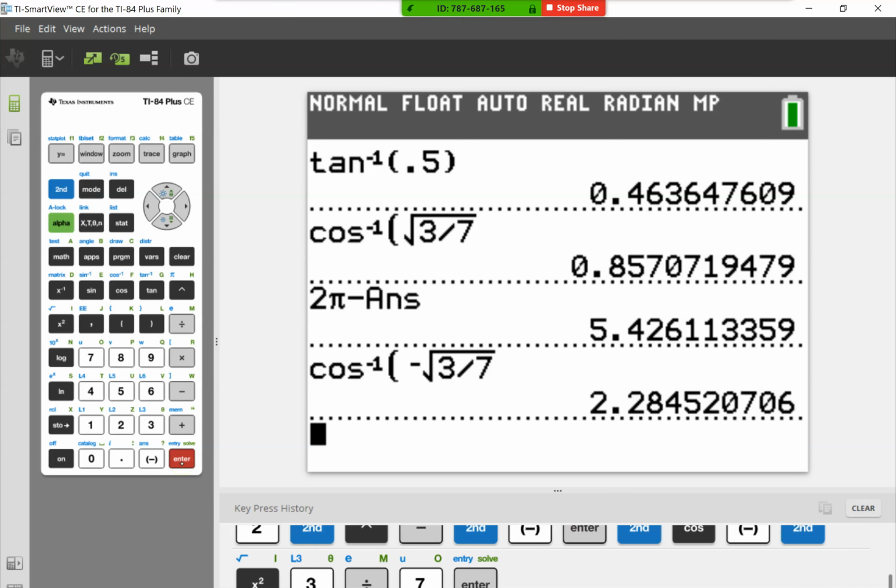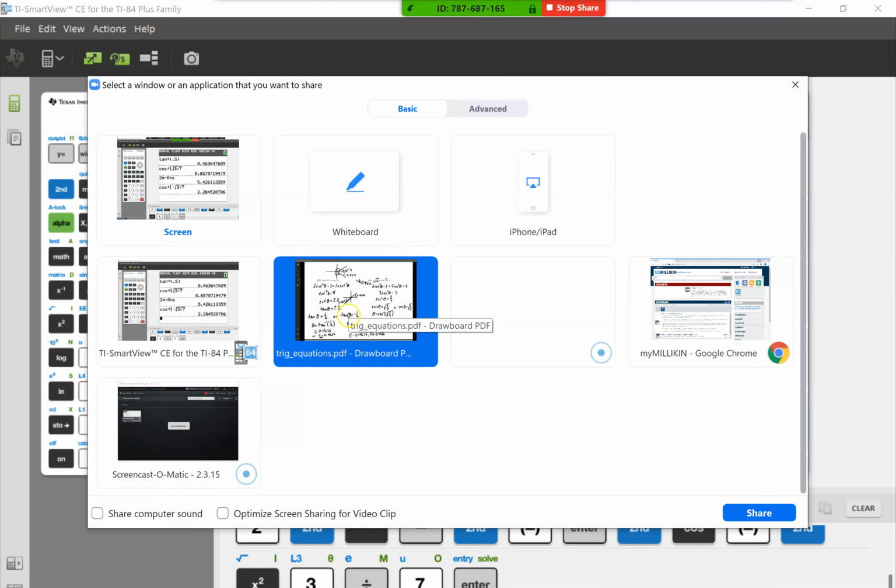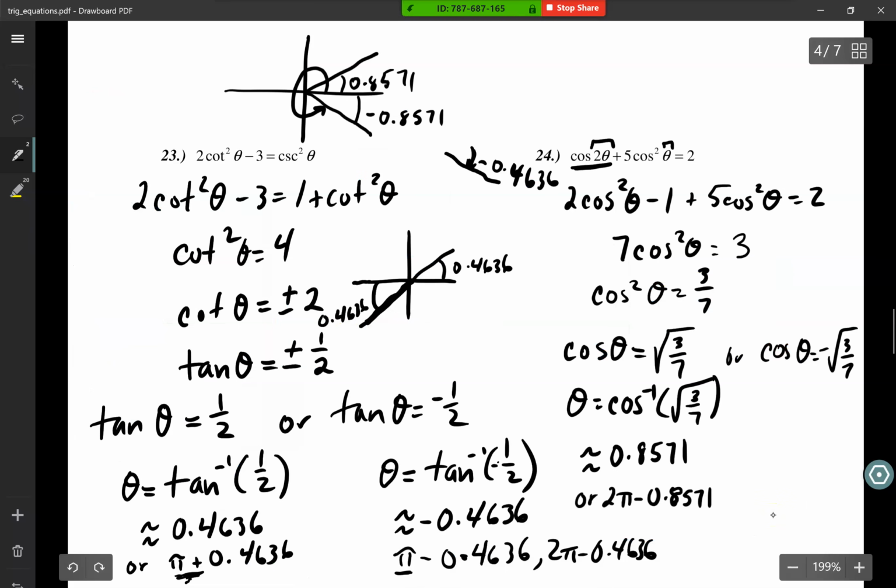So remember when we do inverse cosine, we get an angle either in quadrant 1, which is where we found the first one here, or we get an angle in quadrant 2. Since it's negative, this angle is going to be in quadrant 2. So this 2.2845 is over in quadrant 2. So if I go over here, this will give me theta is inverse cosine of the negative of root 3